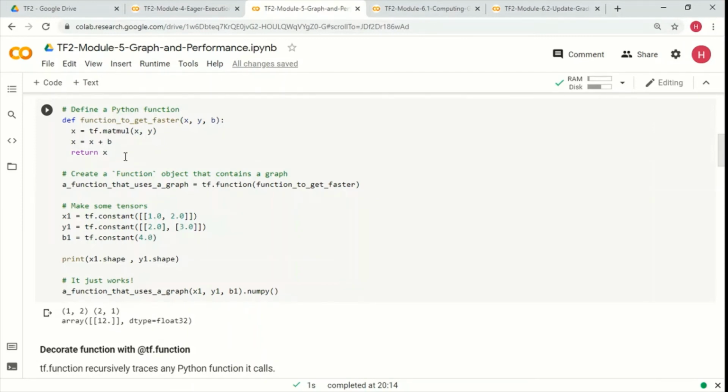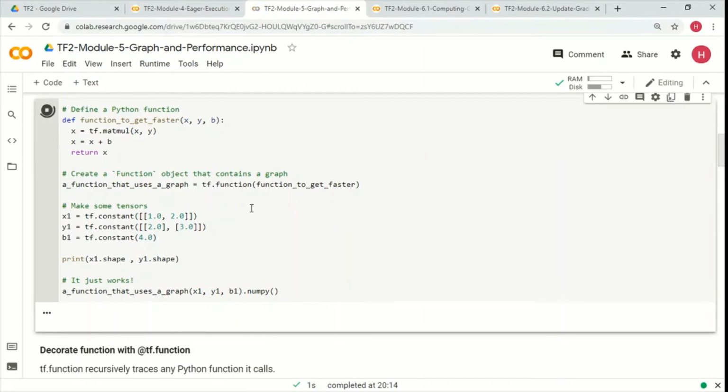If you want to create a graph out of this particular function, we can wrap it using tf.function and the name of this function, and that is going to return us a function object. Then we can use that function object, pass the input data and get the results out of it. Because we wrapped it, it is going to be executed as a graph.